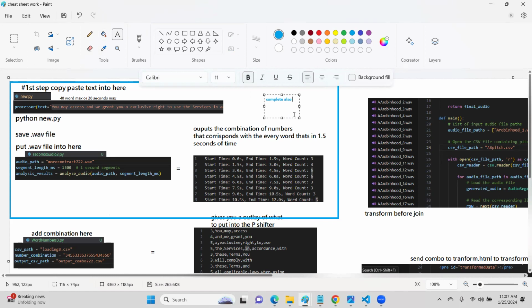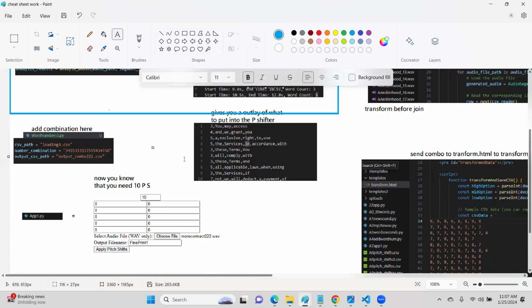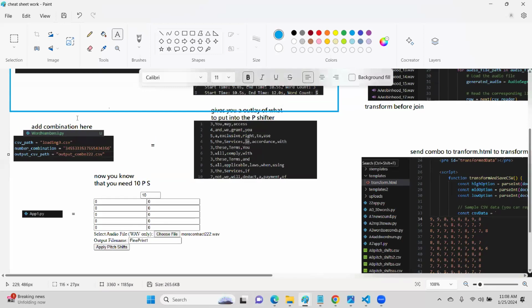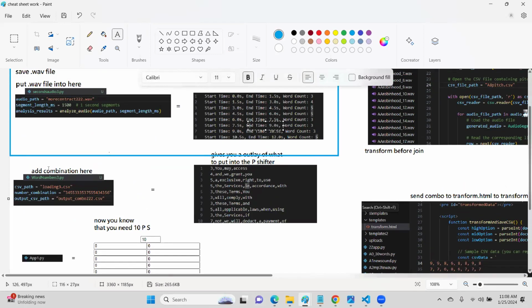And also, it's complete. I would have this complete. So that part is complete. And then it would go to the next step. The next step was add combination. It was using a combination from